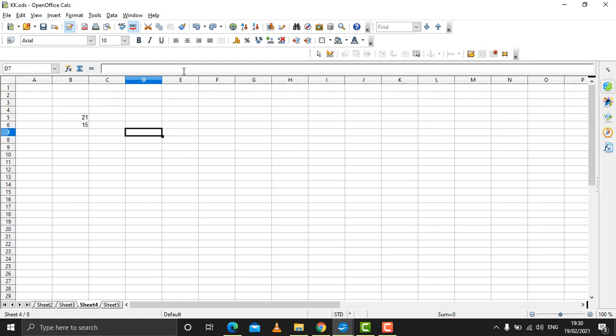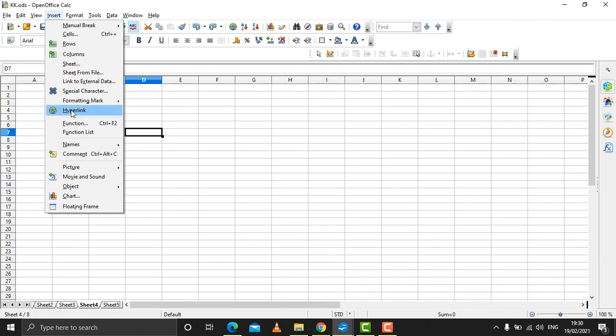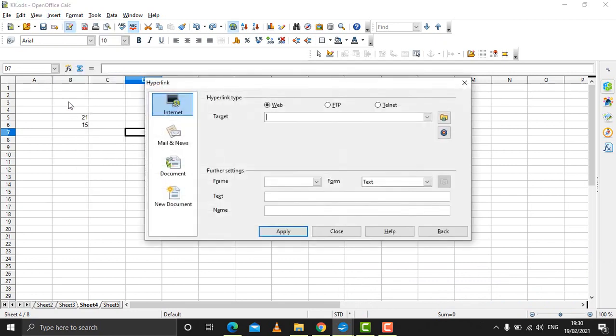For doing so there is a simple method. Click on the insert menu, click on hyperlink, and a dialog box appears. If you want to create a hyperlink to a page, so that when you click on it, it takes you to a browser and a particular page opens up,